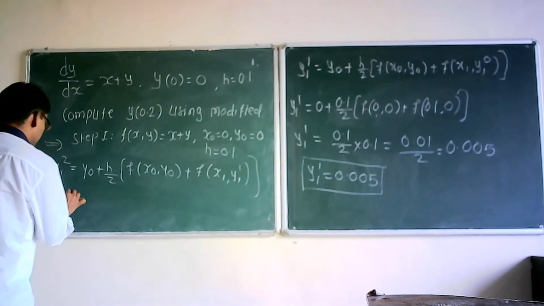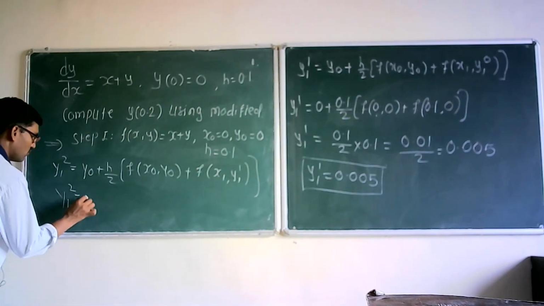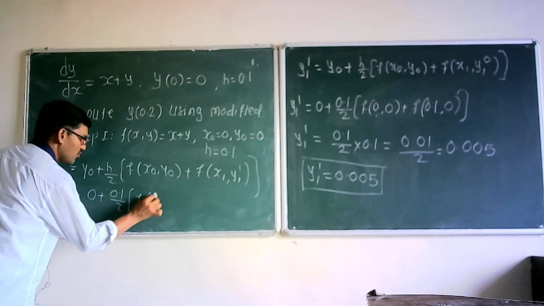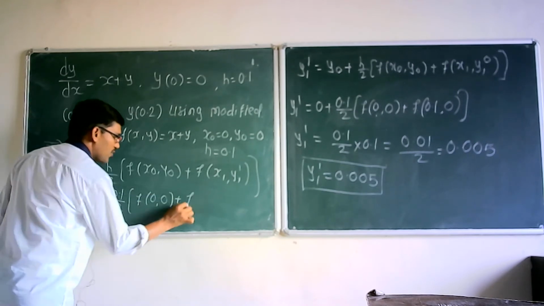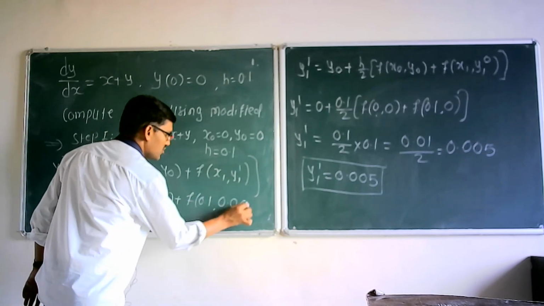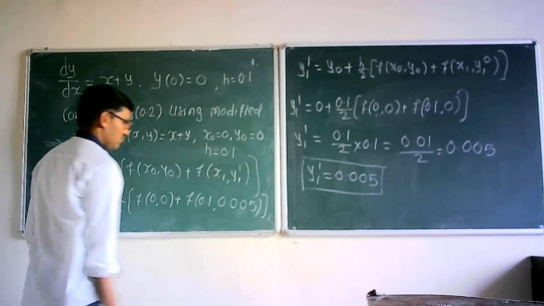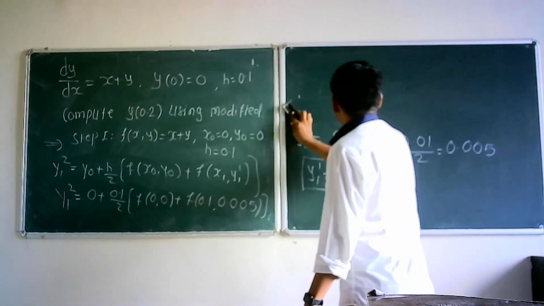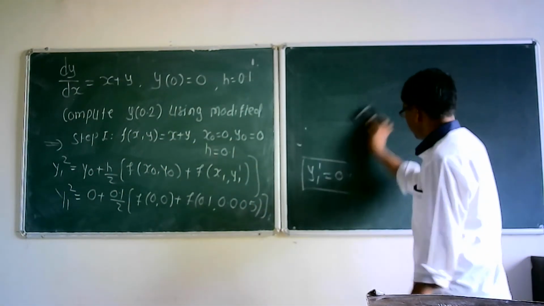So if you simplify this, y12 is equal to y0 is 0, plus 0.1 by 2, f of 0 0, plus f of x1 is f of 0.1 and y11 is 0.005. But what is f of x y? f of x y is x plus y. So if you simplify this, we will get